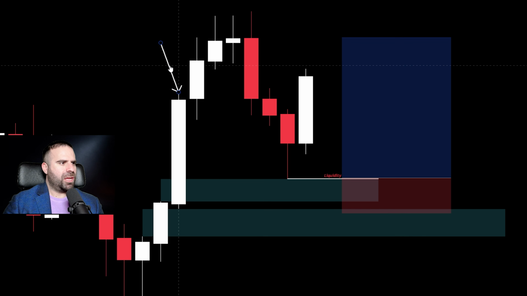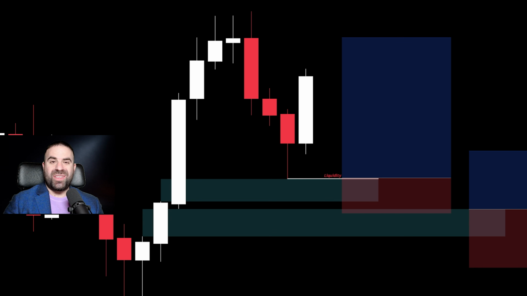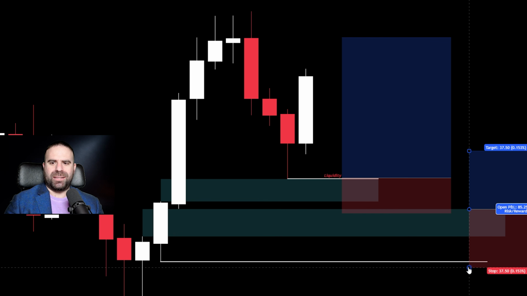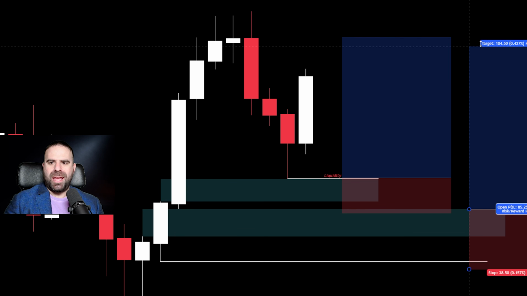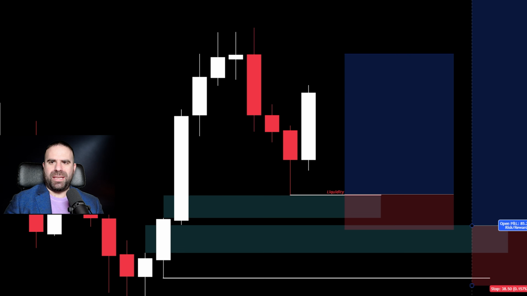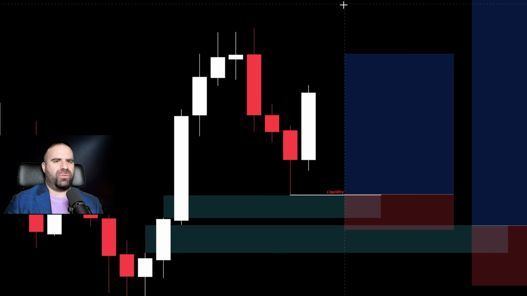Very nice. You will be placing another pending order, as I told you, exactly at the top of this bottom fair value gap, and the stop loss below candlestick number 2 out of the 3, 1, 2, 3 that created this fair value gap, and you will be going for at least a 4-to-1 reward to risk. Okay, very good.